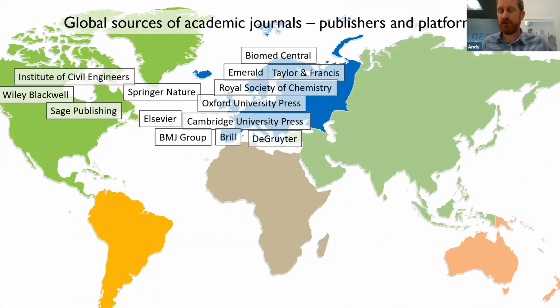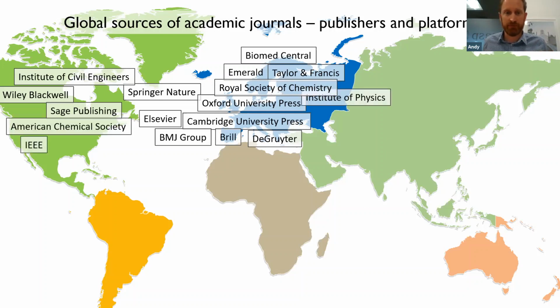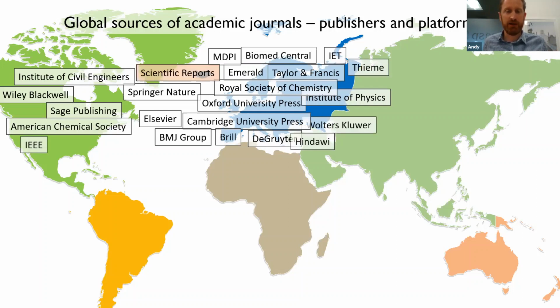This is where the majority of prestige, high impact and international journals are. So you've got BMJ, Hindawi, and you can see them all here. And then these are some of the mega journals that have been appearing, which are much bigger, multidisciplinary platforms. So things are changing, things are becoming more open access. All of these commercial publishers have started to adopt open access models. It's not just subscription content anymore.